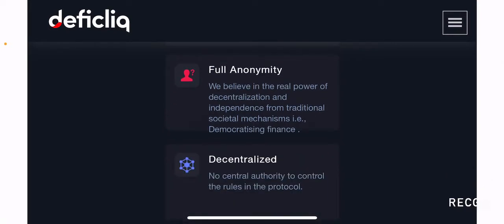Full anonymity: we believe in the real power of decentralization and independence from traditional societal mechanisms, i.e. democratizing finance. So the project is fully anonymous, and again, it's something that some people may freak out about, because you can also sense some form of anonymity being a problem with the regulators, right? But in reality, they actually support anonymity, which they believe is an important right of everyone, and they want to step away from the traditional means